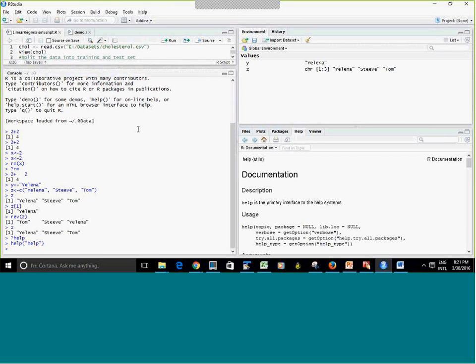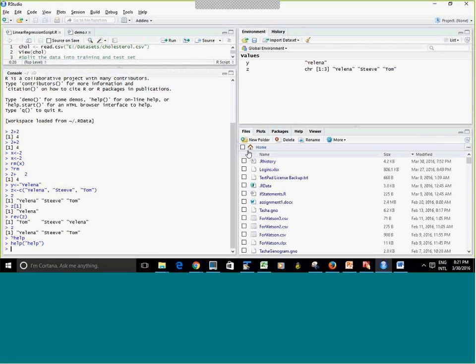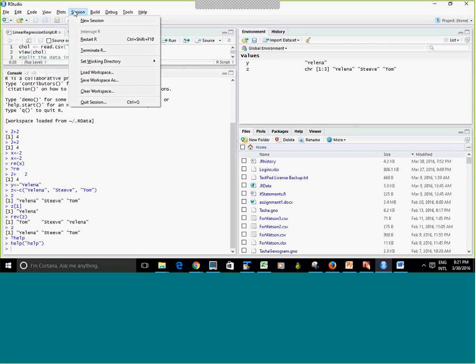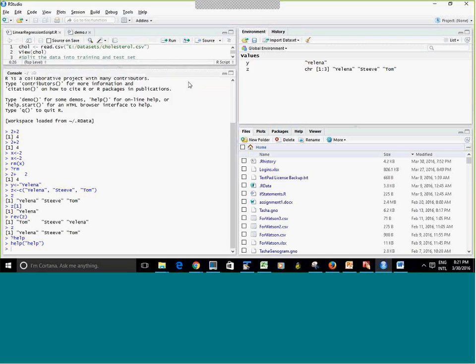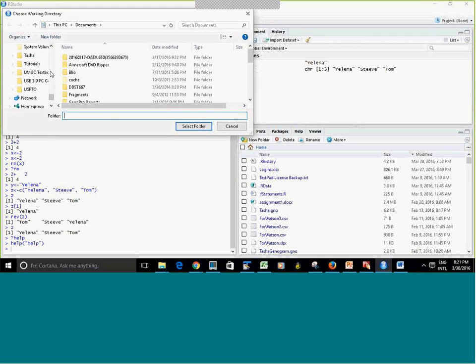And there is more than one way to do that. One way is, okay, so let's do it this way. We can go to Session, and set the working directory, right? And then you can say Choose Directory. So now again, Session, Set Working Directory, Choose Directory. And what I could do is, I'm gonna find the directory on my hard drive, and